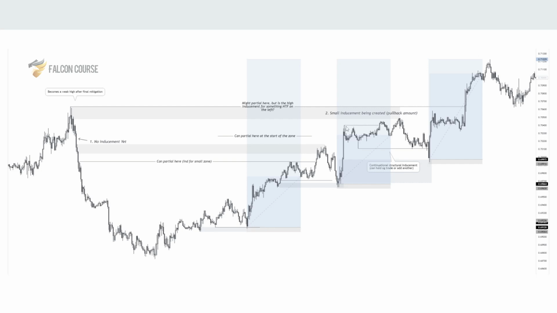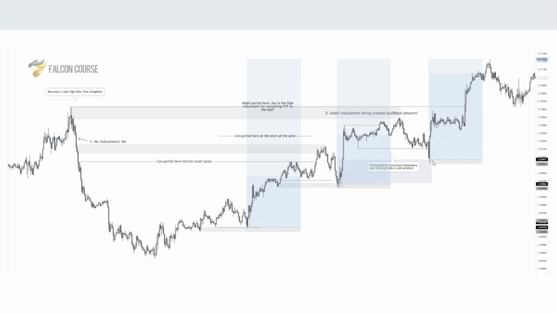And obviously, not a lot of inducements being created for these zones either. It's a small range of inducement. When we have that, yeah, we are inducing, but what those usually cause are just inducement pullbacks. Because, like I said originally, with the inducement formula, the more inducement taken equals the distance of that order block mitigation movement. Small amount of inducement means this mitigation distance is from here to here, because it only took a small amount of people. Same with here. A little bit of inducement, right? Small amount, distance, here to here. That's what that inducement produced.